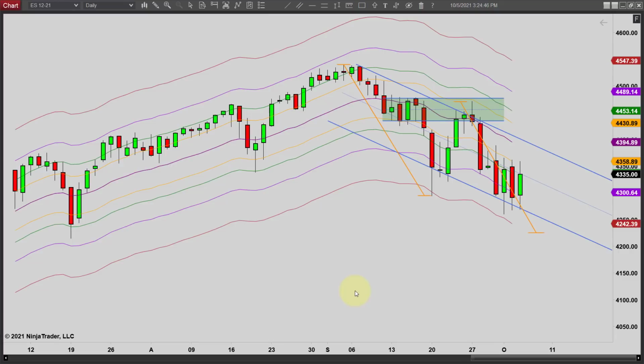This will be our chart lesson for the day. And here's a quick look at our daily chart again. I've been showing this so much, I just thought I'd keep showing it. People tend to like looking at it. You can see I feel pretty confident in this blue channel that's working down now.